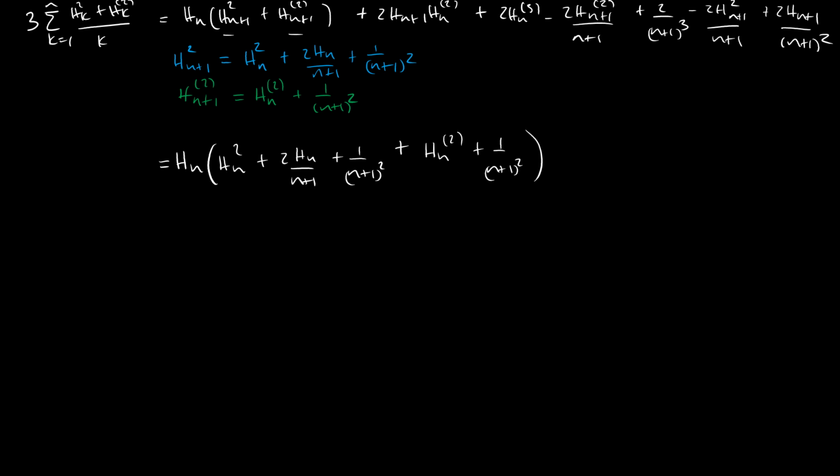And in place of this, we have Hn plus 1 over n plus 1, Hn, and then this remains, so we have twice Hn to bracket 3